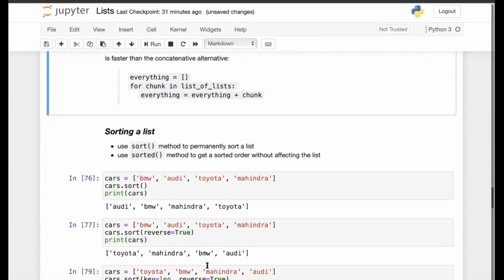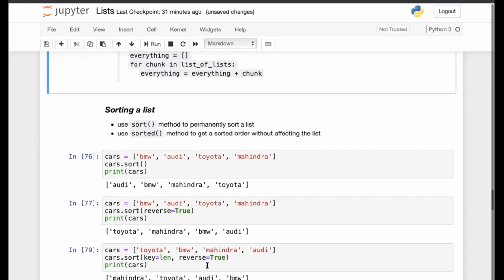Now coming to sorting, this we also discussed. There are basically 2 operations which we use to sort a list. The first one is the sort method and the other one is the sorted method. What is the difference between them? The sort method does in place sorting, so it permanently changes or sorts the list.